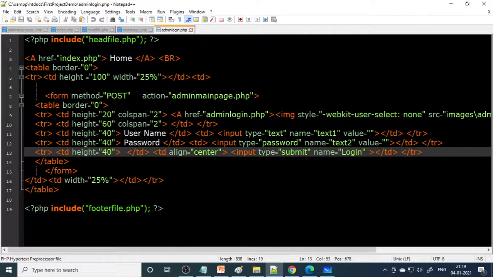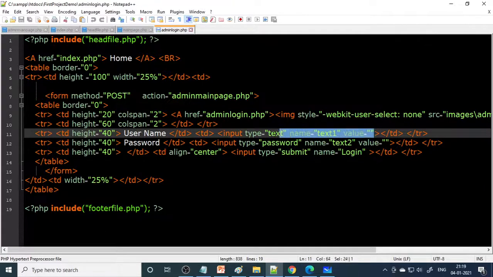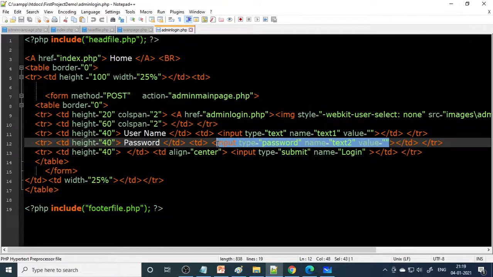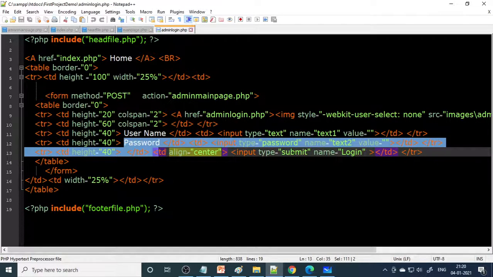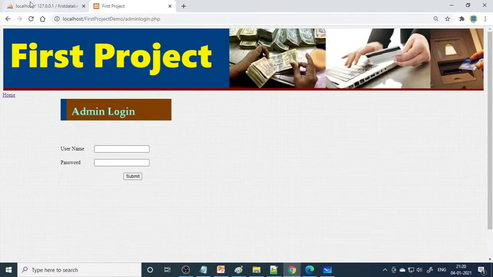Right, so here is text box 1. This value is empty. This is the input text, and here is text box 2. This is of type password, so whatever you type, it will be stars. And here is the text you want to display. After typing this, you need to click submit. So it will call this file, and this data has to go to the database, and then it needs to be cross verified. Now the next important step is you need to create the tables.